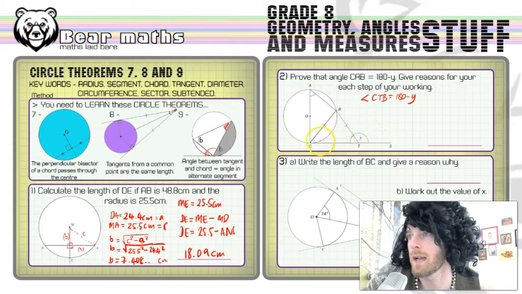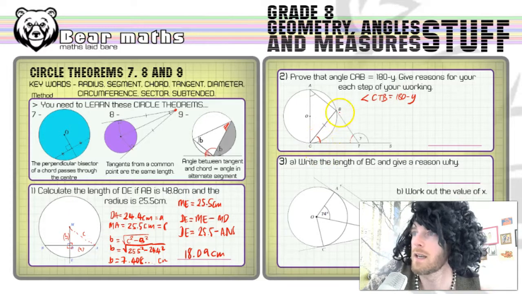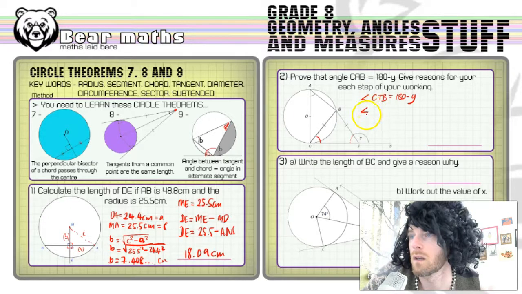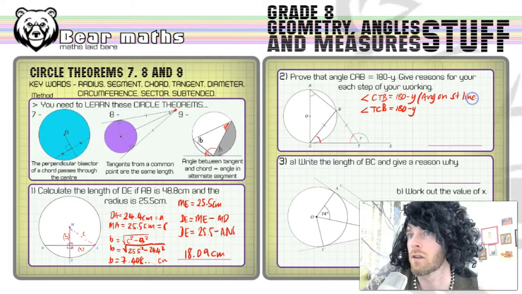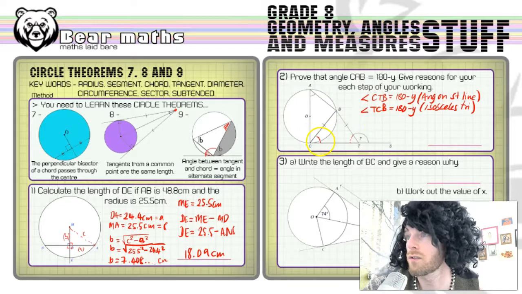Okay, now if we say that this one here is the next one that we would do, angle TCB equals the same thing, 180 minus y. Oh, I forgot to put the reason. All right, sorry. So that's angles on a straight line. Please write the whole words. I'm not going to do that because it takes a bit of time. Then that's the same thing because this is an isosceles triangle. All right, so I'm just going to write down isosceles triangle for my reason. Okay, and then the last thing is this one is also 180 minus